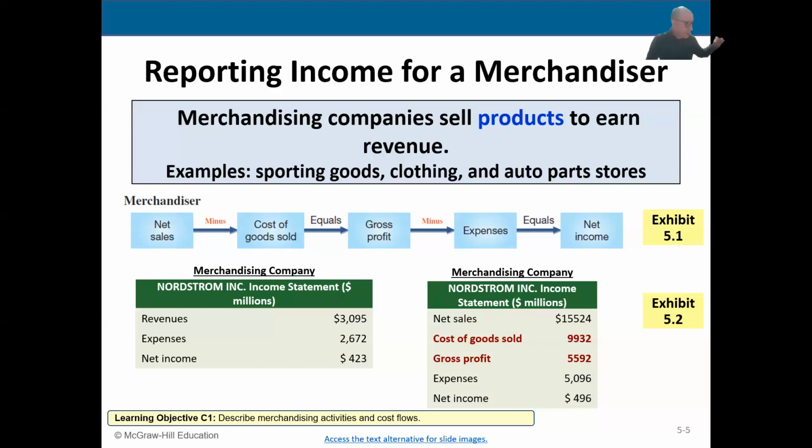So sales minus cost of goods sold, that's the cost of the inventory that they're selling to you, the customer, equals gross profit. Gross is a word that we use to mean before deductions. So gross profit minus expenses equals net income. This is your traditional